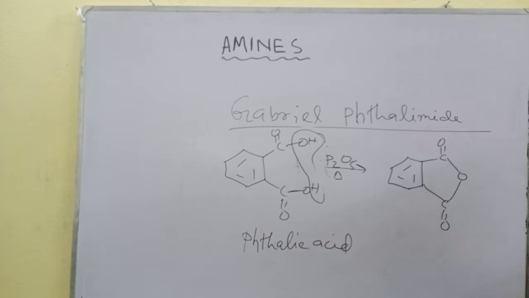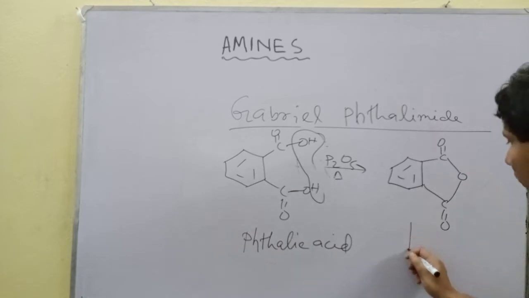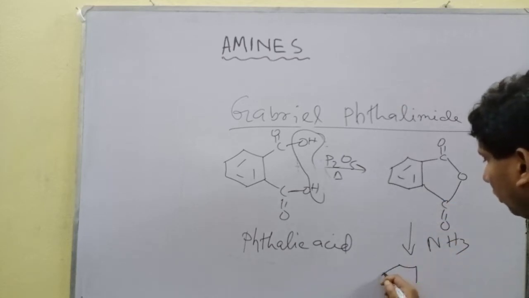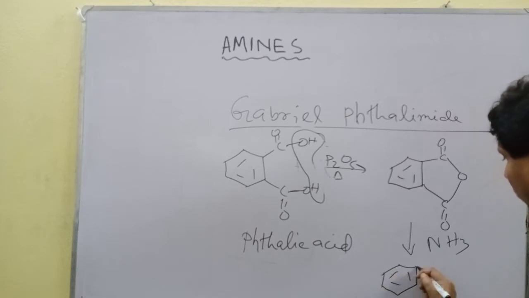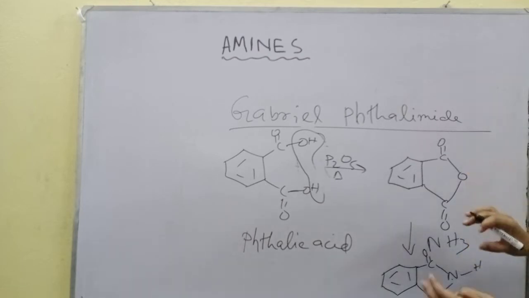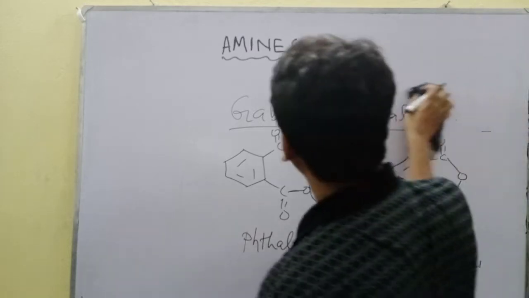Now this phthalic anhydride is treated with ammonia. If it is treated with ammonia, then we will get NH. From ammonia, two hydrogens and this oxygen, water will be removed from here, and then we will get this imide. Now from this,